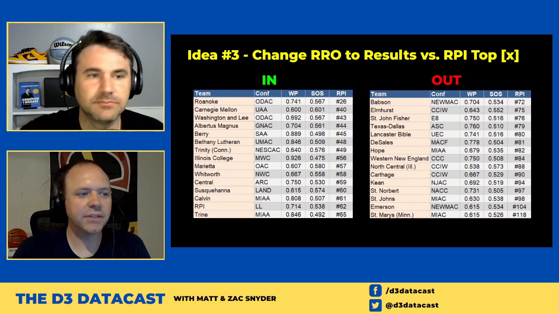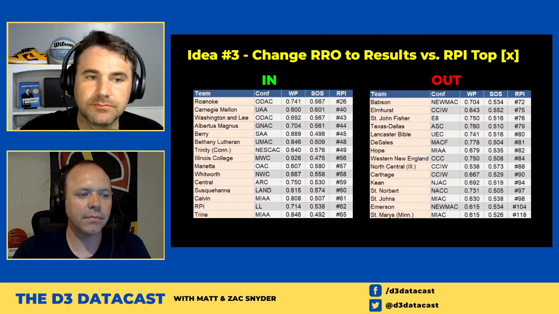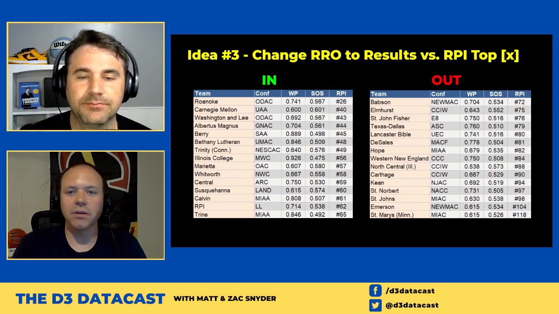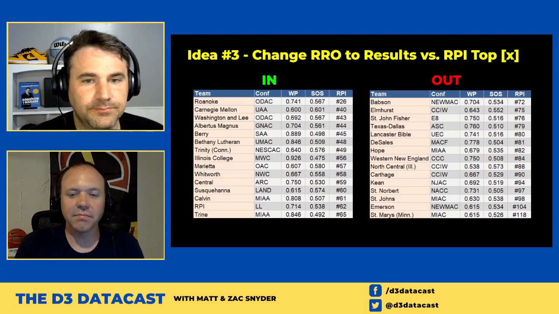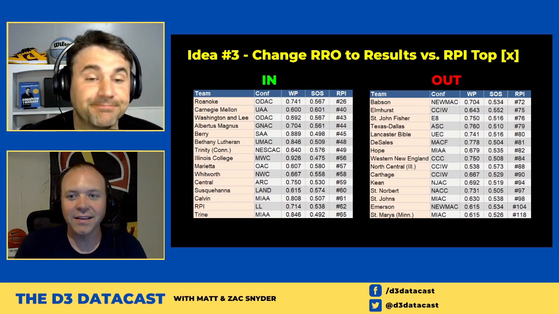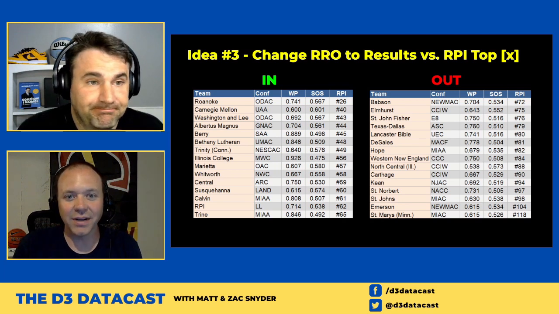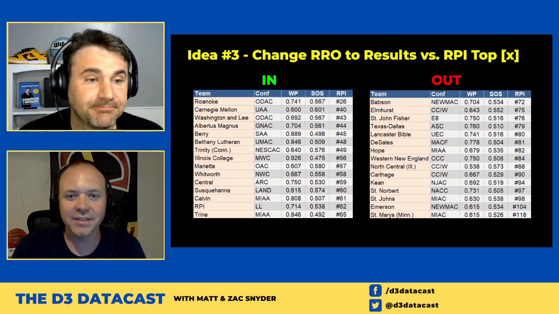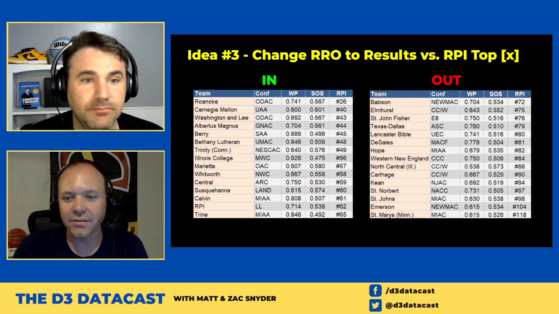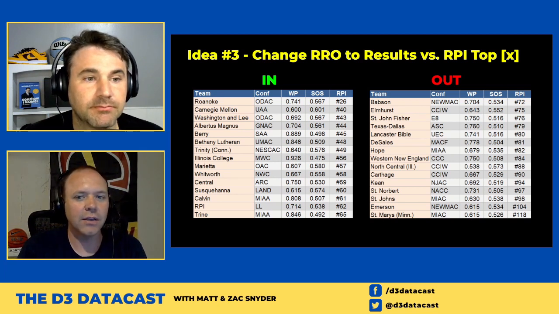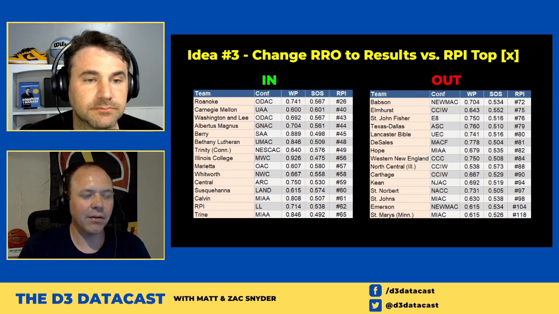Yeah, if you look at the out list, you can pick out pretty quickly some of the regions where some of those teams were ranked because they had to rank someone, right? We had most of the CCIW ranked because there was a strong conference, and there wasn't a whole lot of other teams to choose from. St. Mary's was another one that was on there because someone needed to be ranked, right? So you're losing those teams in favor of a lot of the names that we were talking about.